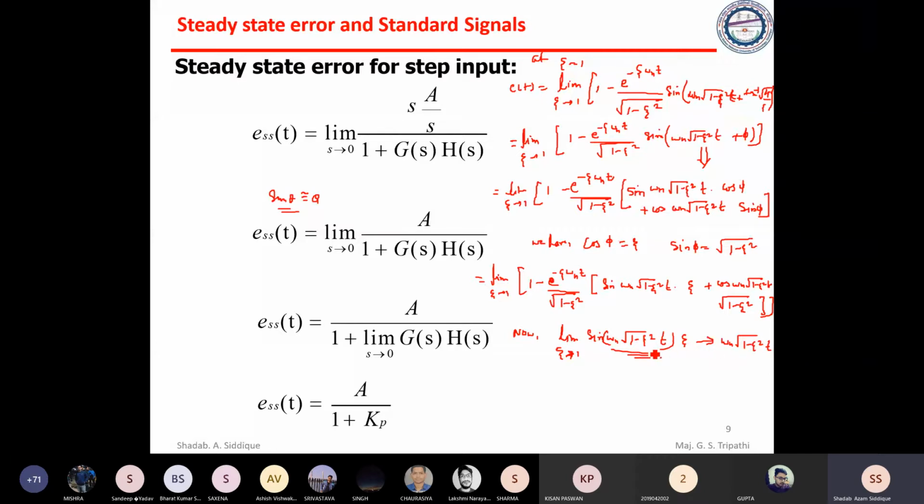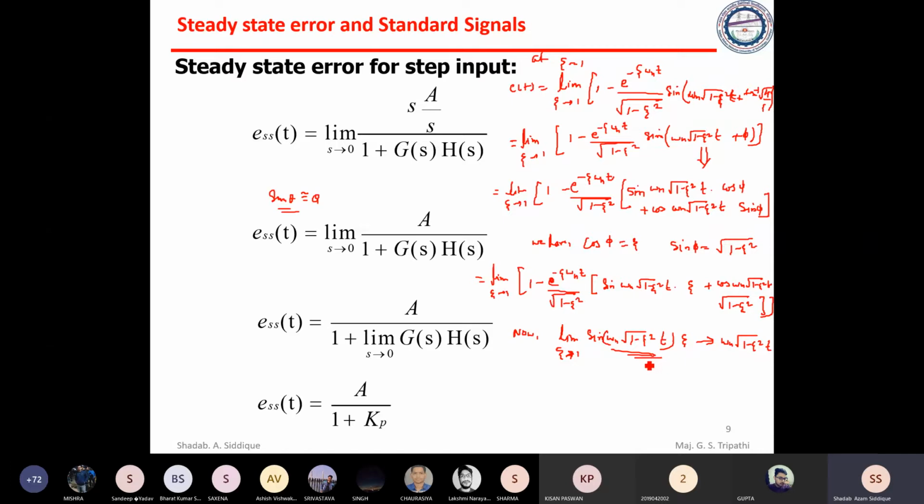I hope you understand this. Sine theta is equal to theta if theta is very small. So this value is very small. That depends on the t value, of course. If this is very small and multiplied by t, it is also very small. So that will give you omega n square root of 1 minus zeta square into t, and this zeta is 1, so we will substitute directly here.